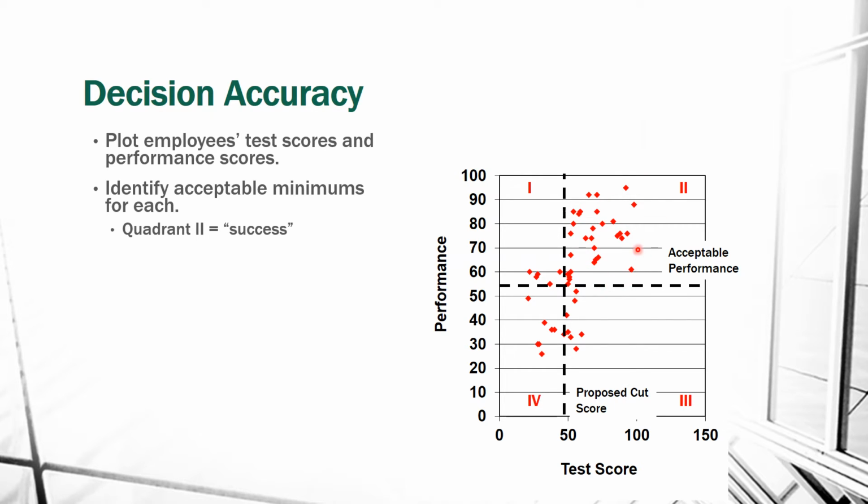Up here in quadrant 2, we're going to call these people successes. These are people that we recommended to be hired on the basis of their test score, and they did turn out to be at least acceptable employees. So these are people that we were right to recommend hiring. Down here in quadrant 4,